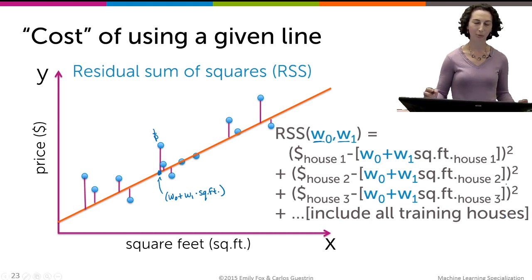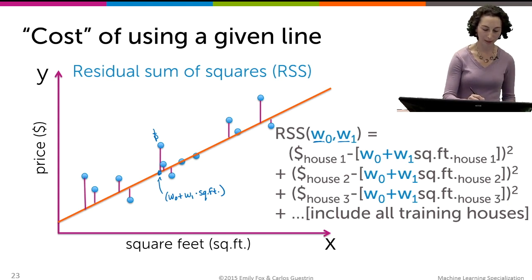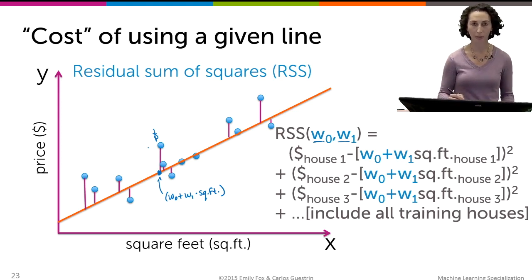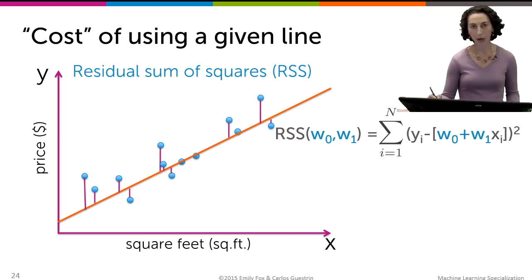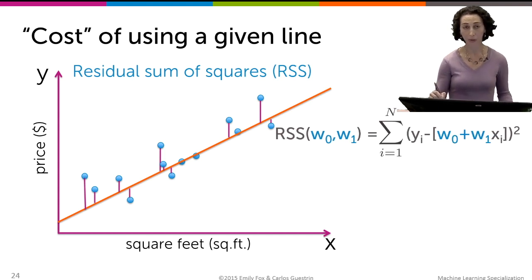Okay, so just to summarize, residual sum of squares is I take this difference between what the line is telling me the price of the house should be, what the actual house price was, look at that difference, square it, and add over every house in my training data set. So we saw this equation before, but now I'm going to write it more compactly, and we're going to work with this form throughout the rest of this module and forms like this in the rest of the course, where